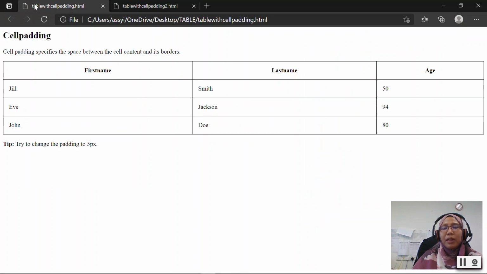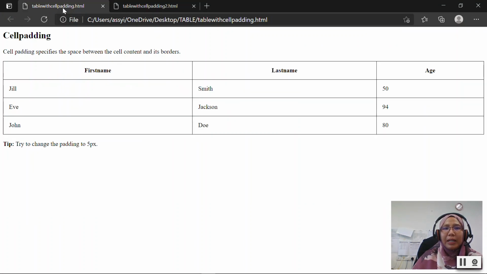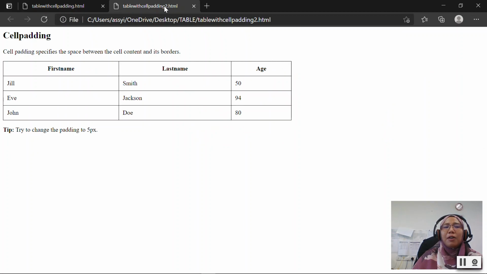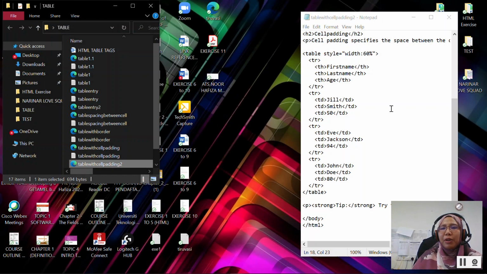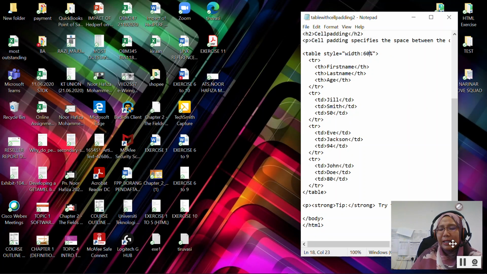For this one, the width is 100. The cell padding is 15. And then I make it smaller. Yes, you can see the difference from this one to this one. Okay. So you may try and error for this one. I'm going to give you all the coding here that I have created with this table to you. Okay, so that's it for the table, and then I'm going to give you another video for the frame. Okay,